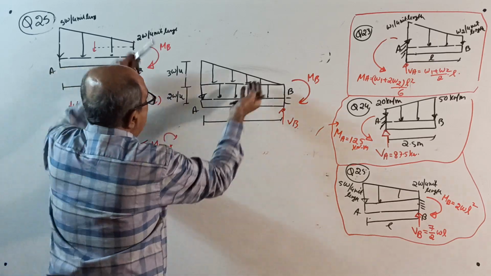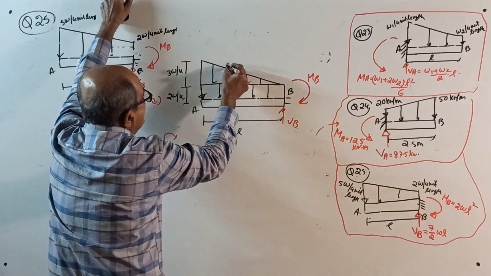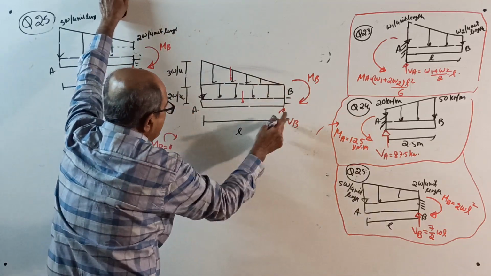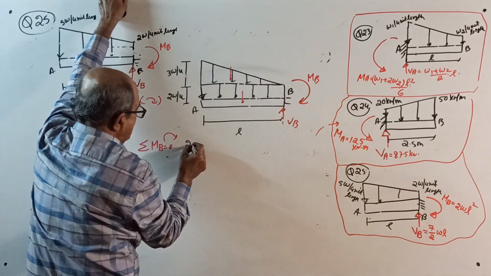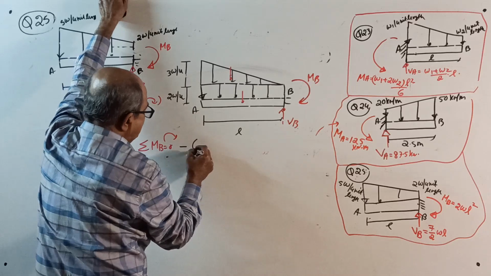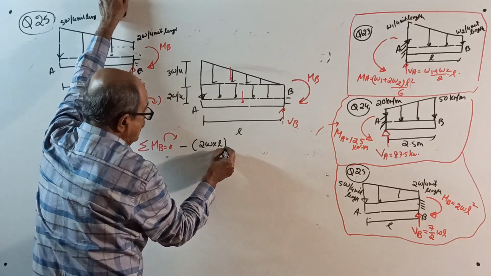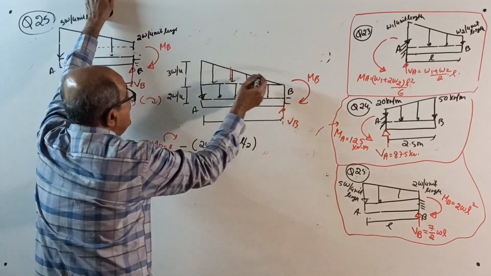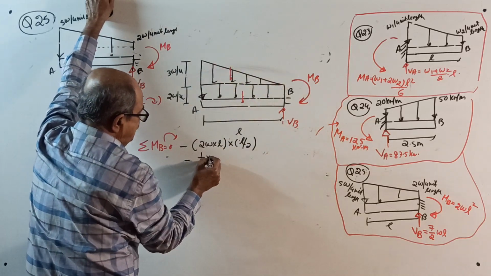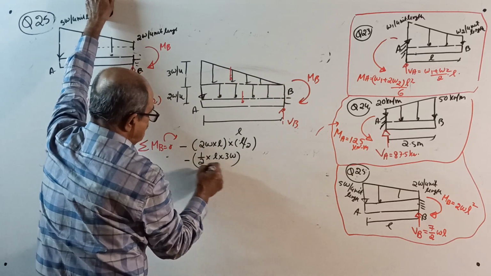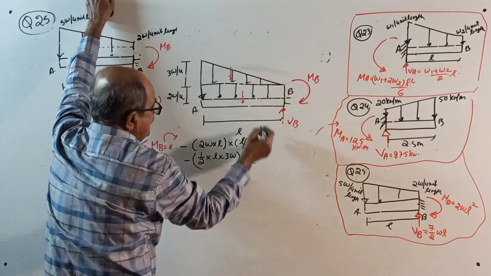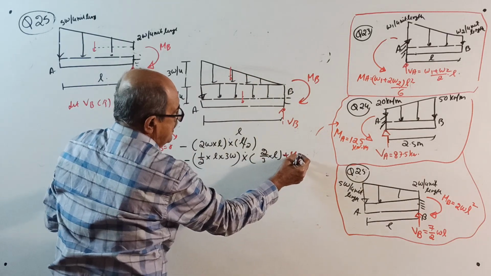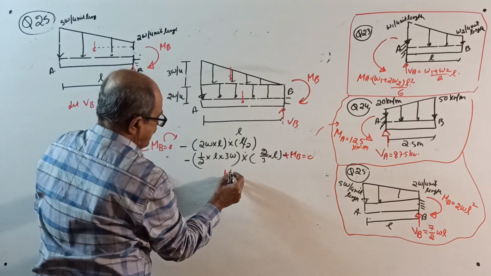Okay. Take moment about B. Clockwise positive. Minus, see, one load here, one more load here. This load, 2W into L. See, this rectangle, UDL, it is actually anti-clockwise, so minus 2W into L, the load, into center, into L by 2. Again minus this uniformly varying load, half into L into 3W, into, from here to here is 2 by 3 of L, plus MB equal to 0. Your MB will come